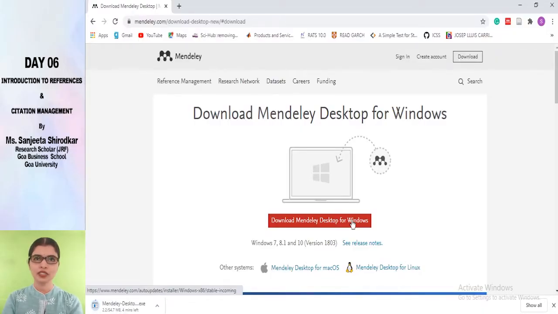Till the time the setup is getting downloaded, you are required to register yourself in Mendeley. Registering yourself or creating your account on Mendeley is extremely crucial and highly recommended, because creating your account in Mendeley would help you in syncing your Mendeley library across devices.